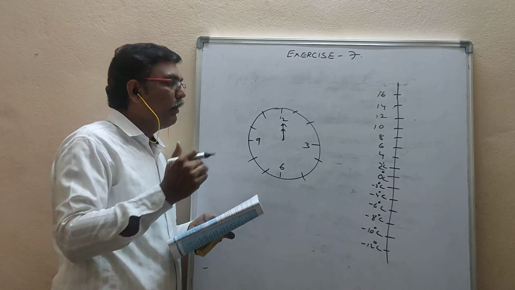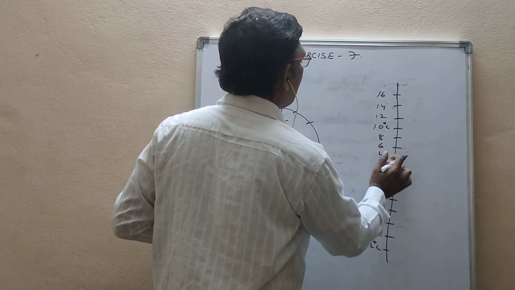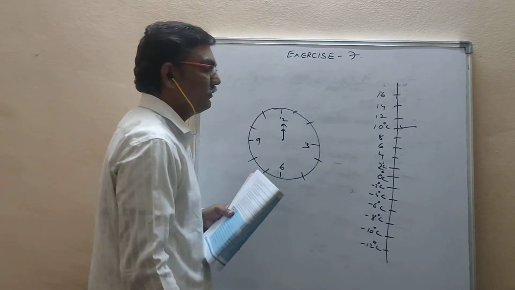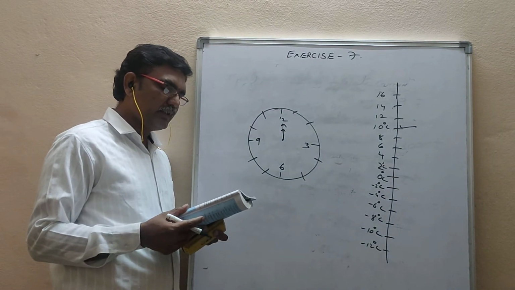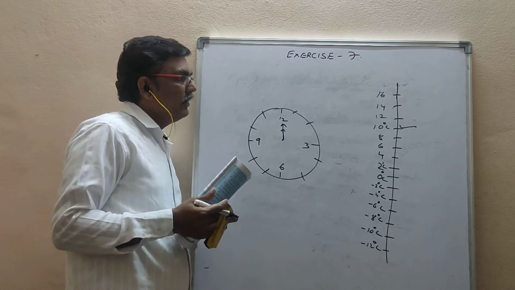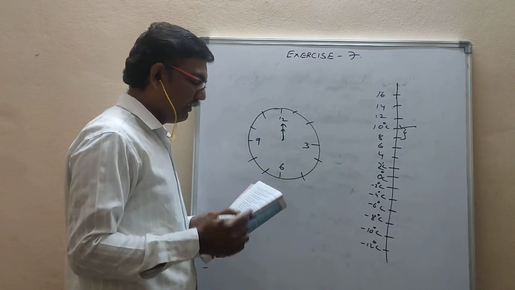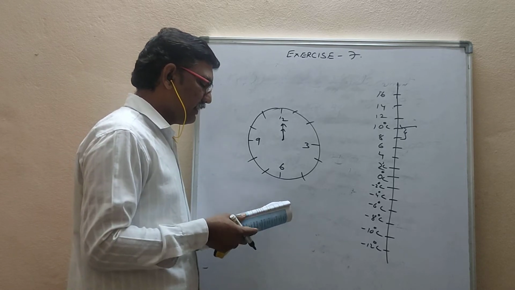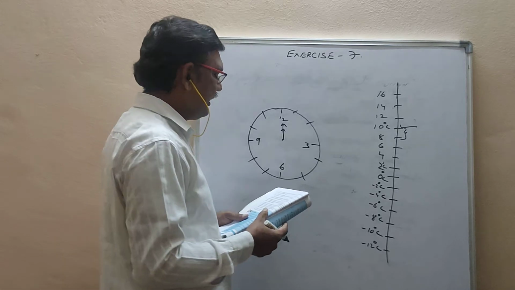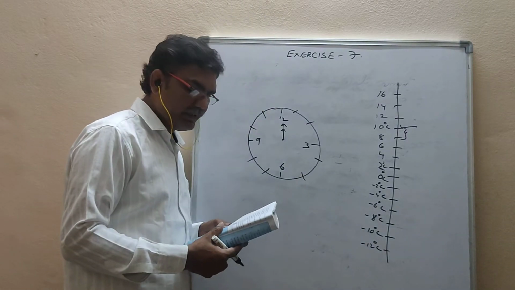Was 10 degrees above 0 at 12 noon. Means this much temperature is there. Now what happened is, if it decreases at the rate of 2 degrees centigrade per hour, for 1 hour it decreases 2 degrees, per hour until midnight. Until midnight. Midnight means how much here? Minus 12 degrees centigrade is midnight. Okay.